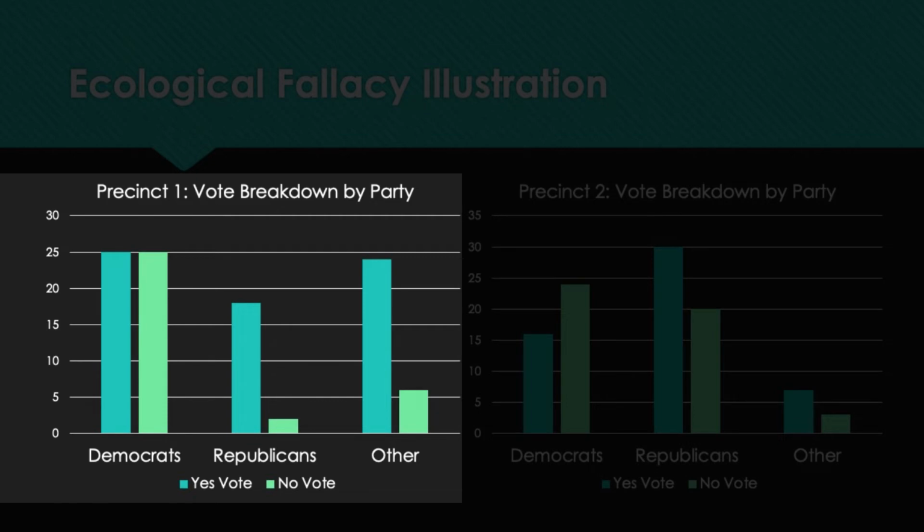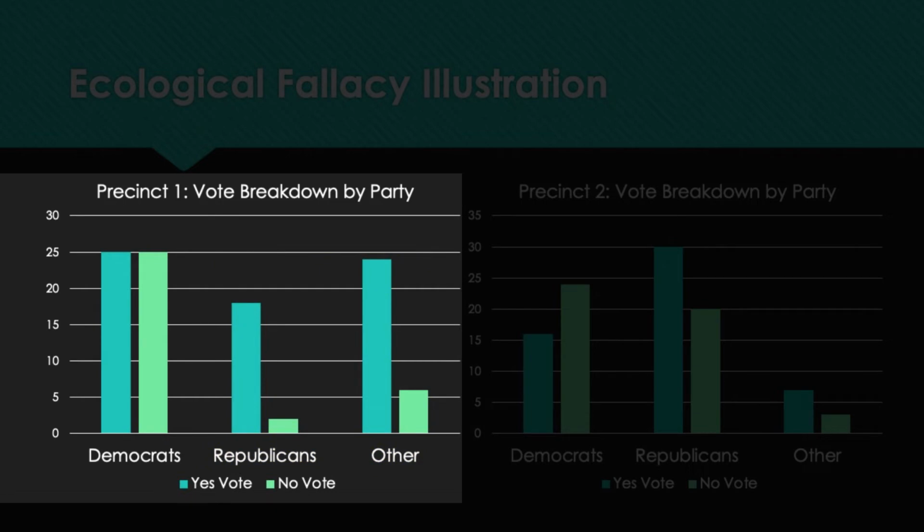And look at this. When we look at Republicans in Precinct 1, we see that all but two Republicans voted to support the tax initiative. And now that we have more nuanced data, we can see that even though the district is mainly composed of Democrats, there's 50 Democrats, right? It was the Republicans and the third party who were most likely to vote yes on the tax in proportion